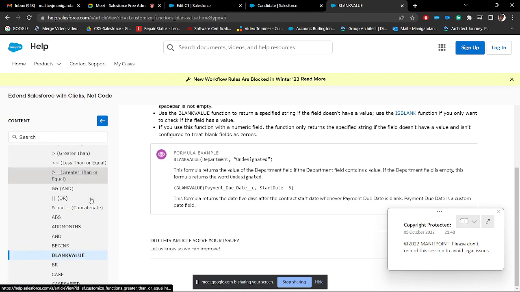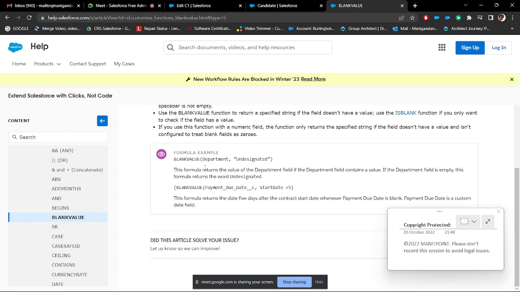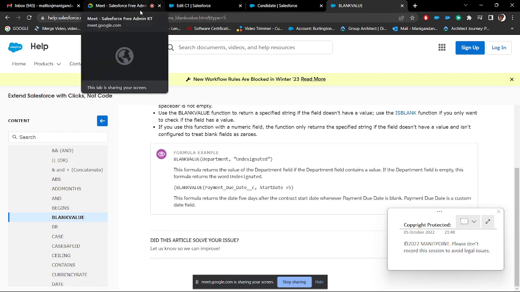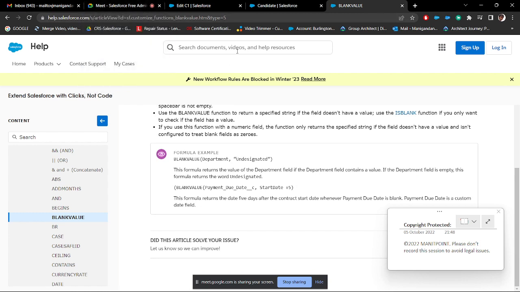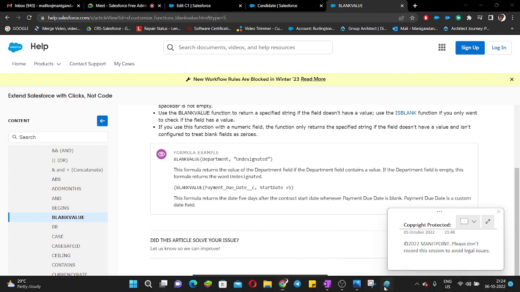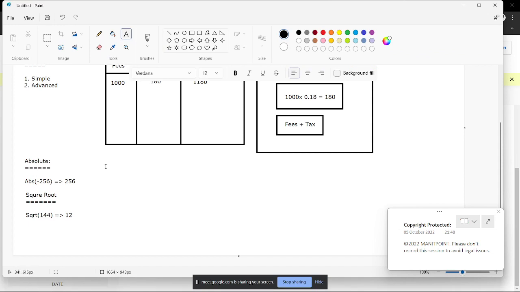So try to learn all the functionalities we can use in these formulas. I'll just teach you one or two more functionalities. Based on that, try to pick it up from your end and then learn all the functionalities. So the third one, I'll cover it for